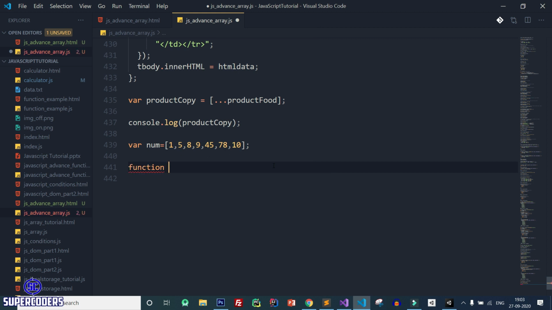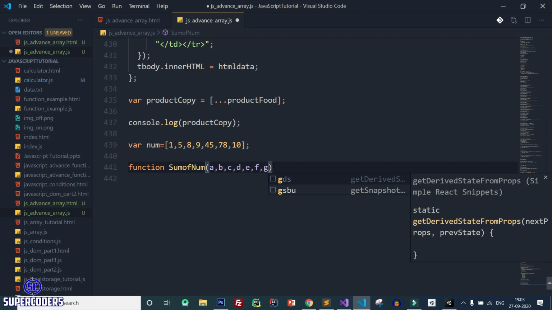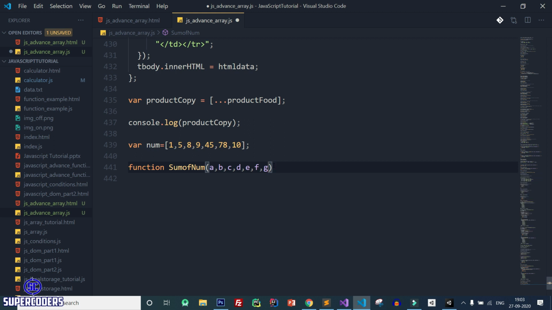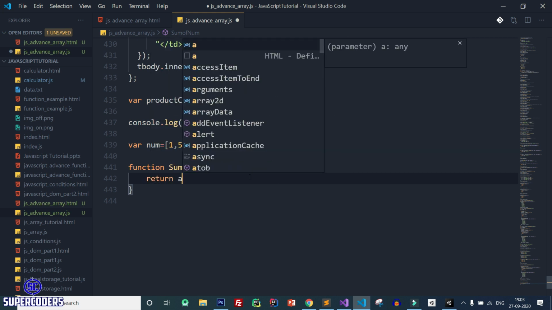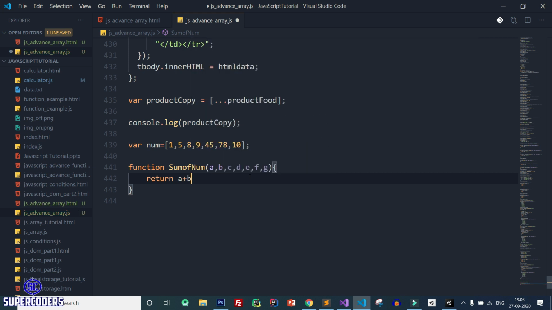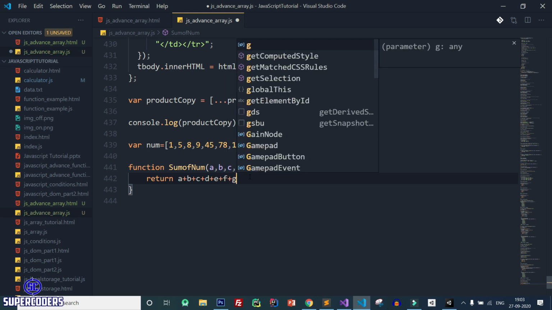So function sum of number, then a comma b comma c comma d e f g as parameters. After that you want to do the sum of these numbers, so return a plus b plus c plus d plus e plus f plus g.